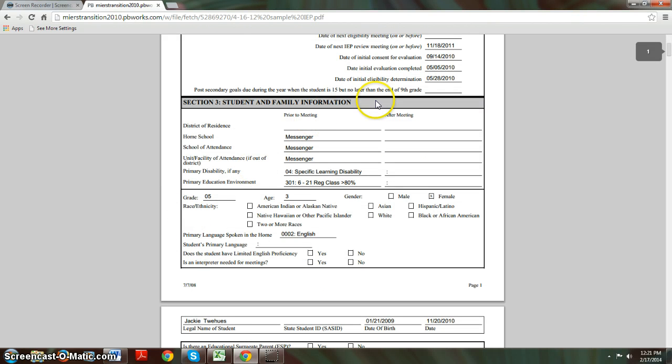Section 3. Section 3 of an IEP is student and family information. This section has more personal information about the student and their family. In this section, a parent will find what school the child is currently attending, what disability the child is qualified under for special education, ethnicity and languages spoken,